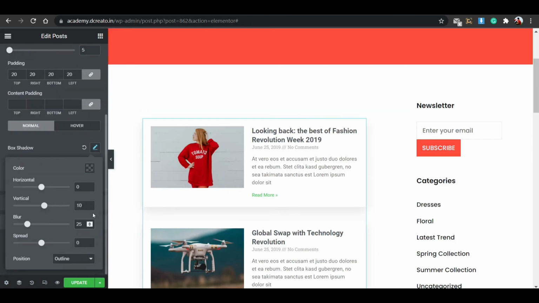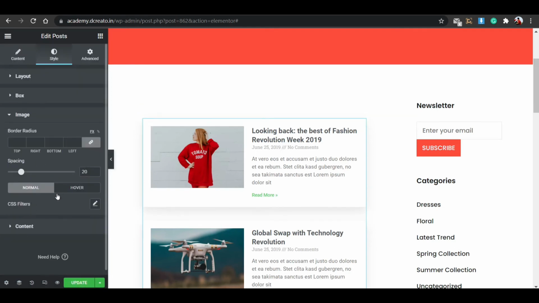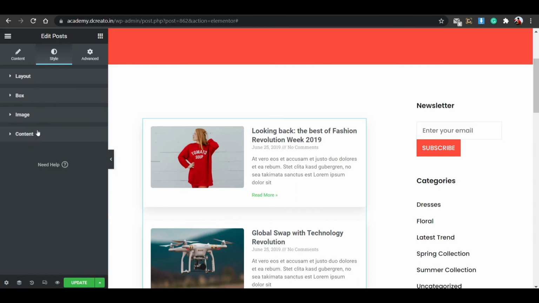So now go to this. You can see this is just the text color and everything. You can also change the text color and everything. I'm just going to the image, and here is also the border radius. You can choose the border radius, so I'm just keeping it at 5, and then go to the content setting,